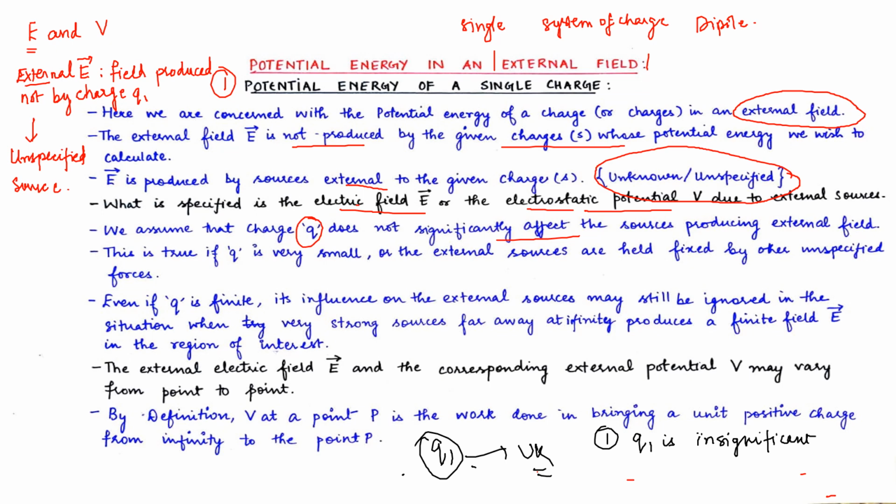It does not have the ability to produce such strong effects which can affect the external source of the electric field. Secondly, Q1 is big and significant,